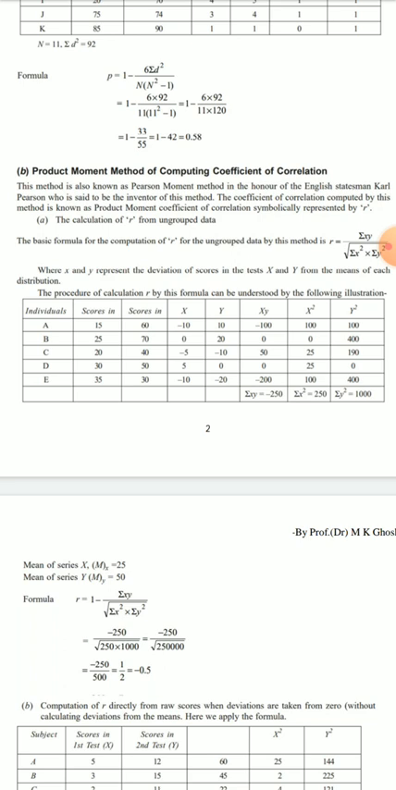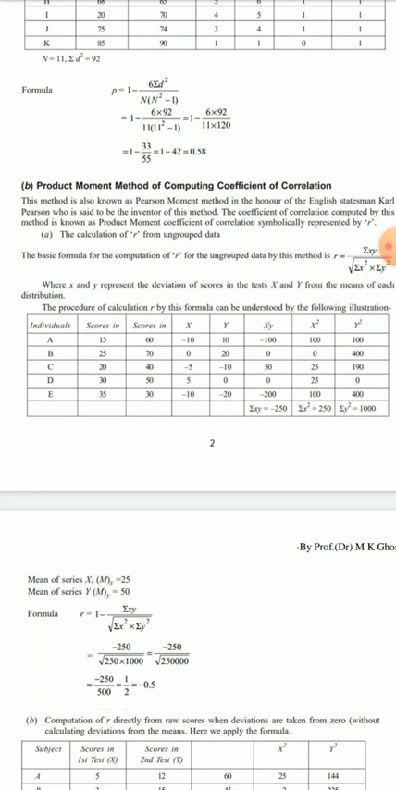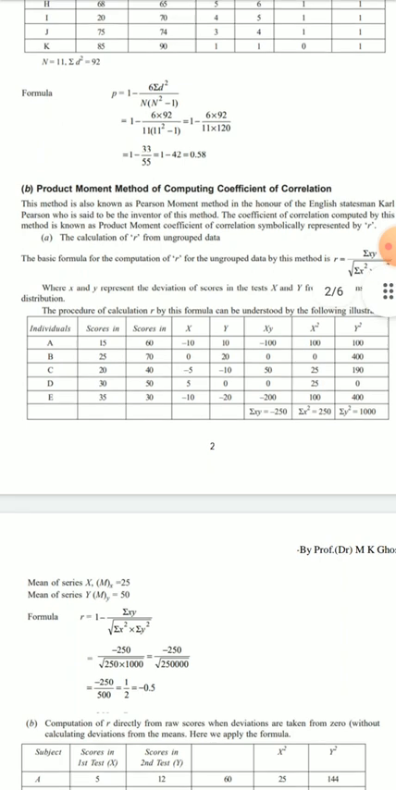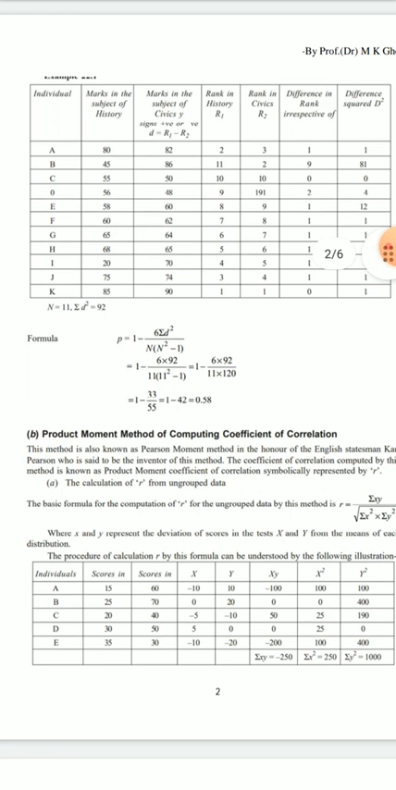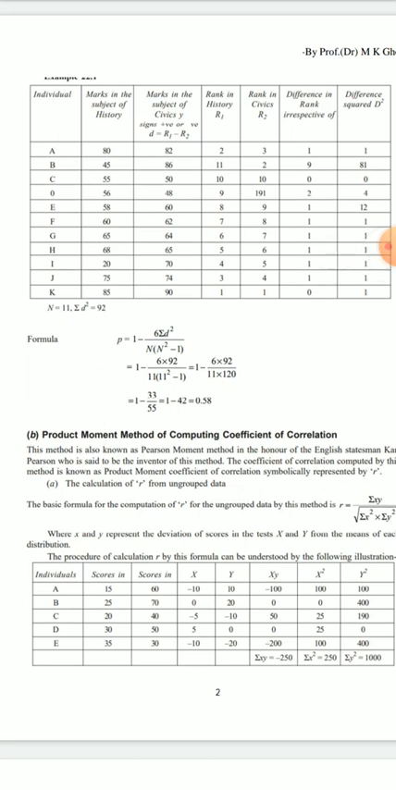Here we can give one example. Suppose the individual students are A, B, C, D and E, and their scores in one subject are 15, 25, 20, 30, 35. In another subject, the scores of the students are 60, 70, 40, 50 and 30. Now, the deviations from the mean of these scores